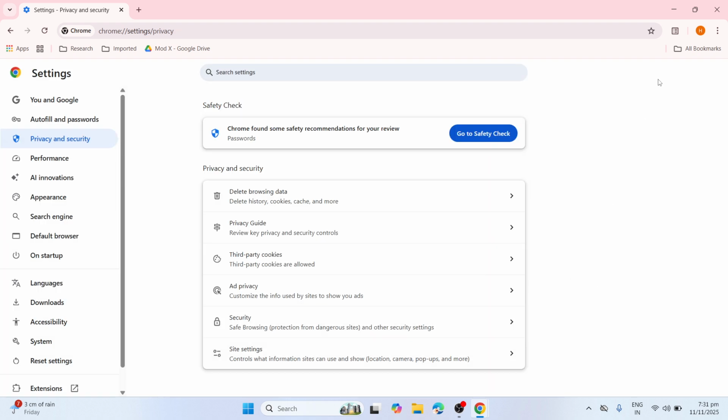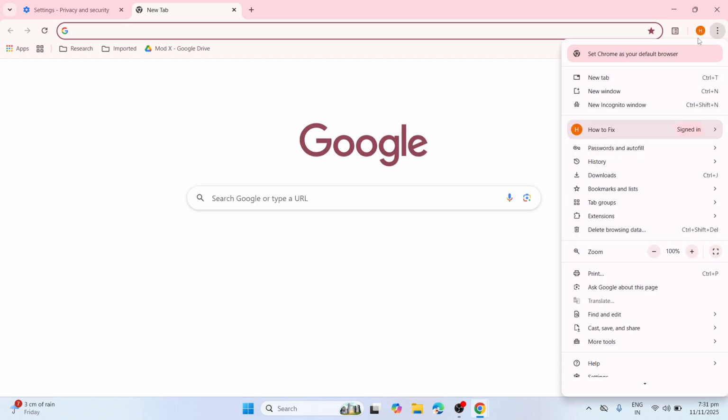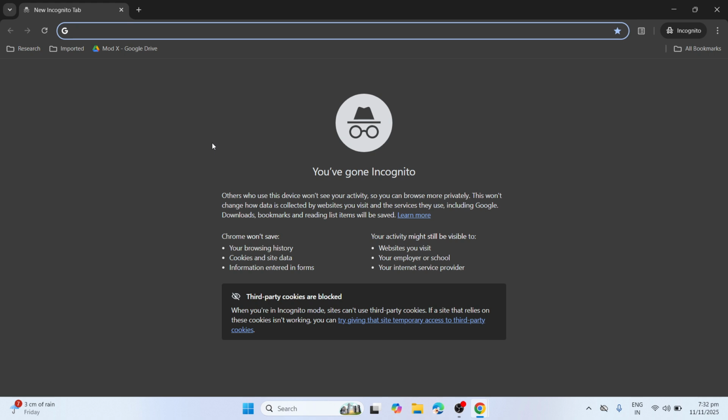You can also try incognito mode to see if it works. So please create a new tab here. Navigate to the top right corner, click the three dots, select New incognito window, and run it using the incognito window. In that way, you would be able to check if the error has been fixed. If you have tried this and the error still persists, then we need to proceed to the next solution,